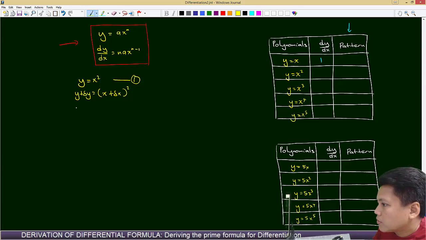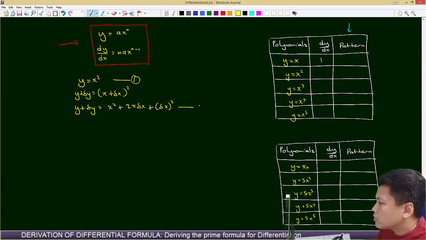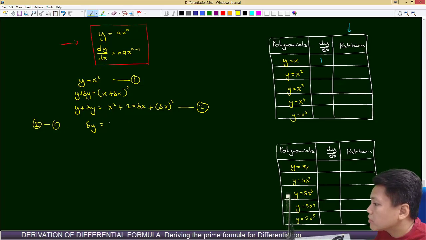So y plus delta y is equal to x squared plus 2x delta x plus delta x squared. This is our equation 2. So equation 2 minus equation 1. Take out the y from the left-hand side, we've got delta y. Y is gone, right? So x squared is gone as well, because x squared minus x squared is nil, 0. So 2x delta x plus delta x squared. And this whole thing